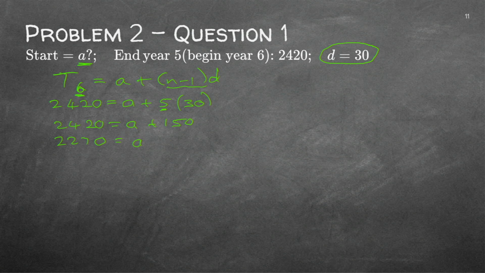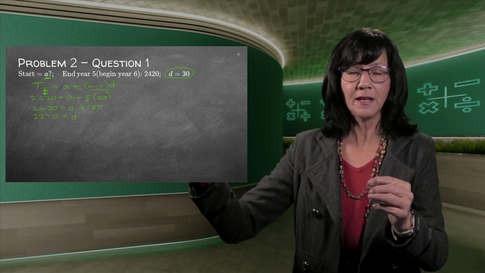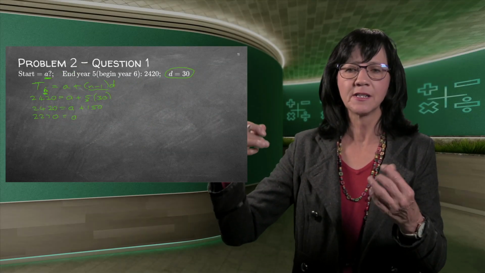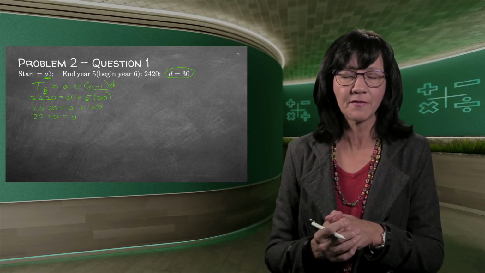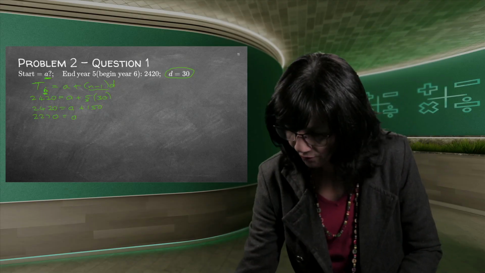So how many cattle did he start off with? We'll check just now if I add it correctly. 2,270. It does make sense because he added 30 each year. And now after 5 years, at the end of 5 years, in other words, the beginning of 6 years, he's got 2,400, which is more than the 2,270. So it seems to me that I'm right.